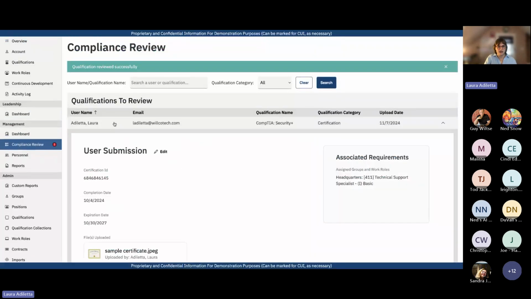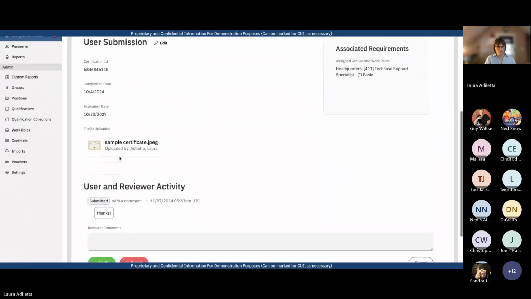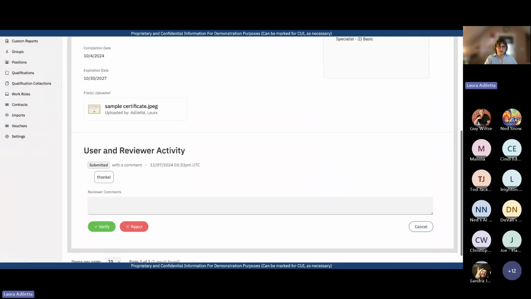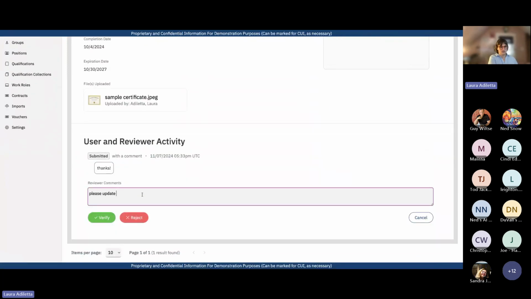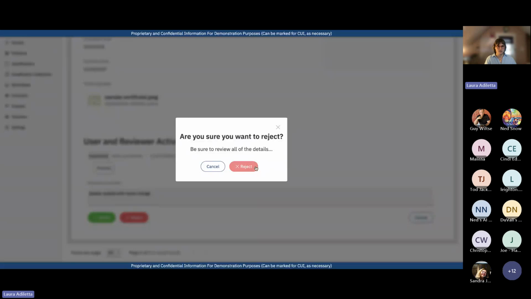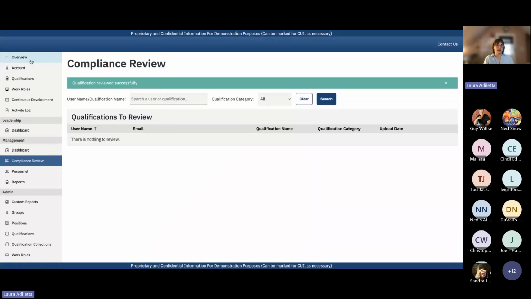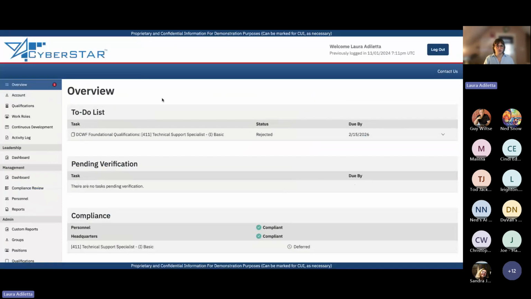And then let's say I look through this other certificate that I've submitted, and actually I have a problem verifying this. Let's say, for instance, I earned the certificate under a maiden name and my name has changed. I can say, please update with name change, and I can reject this here. I get a confirmation. And now my qualification compliance review queue is empty, but then back on the user's view,